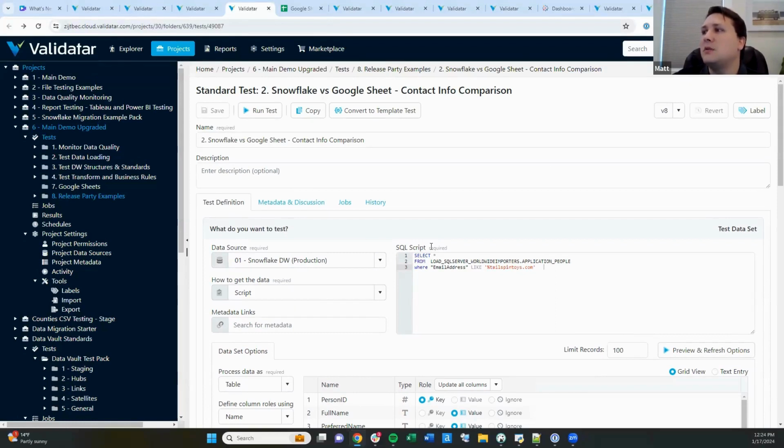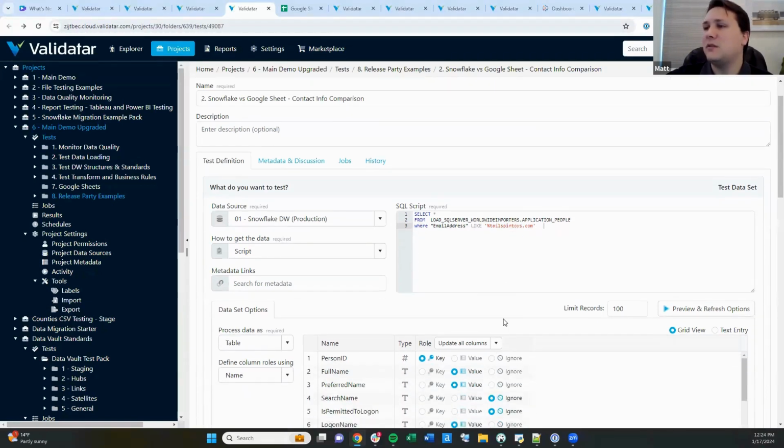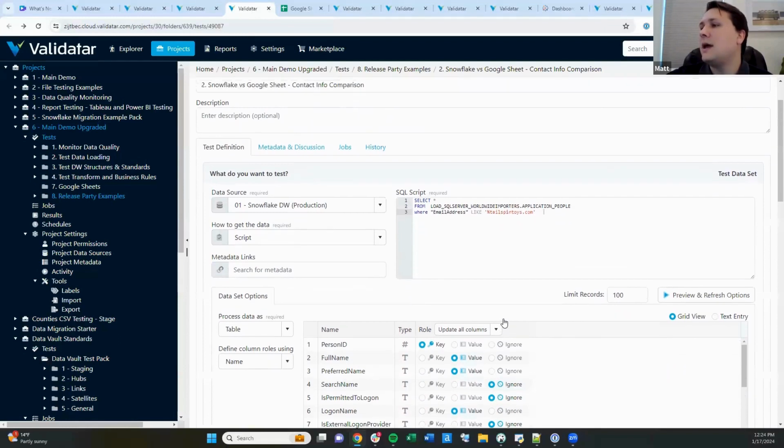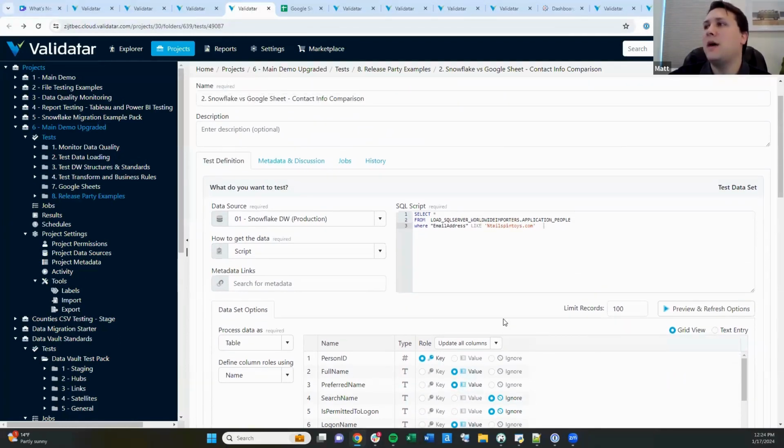The concept for this example is very similar, but the premise is we have a particular customer, Tailspin Toys, and we have information on the people from that customer with email addresses and their full names and so forth. And we've been told by them that some of the email addresses you have for us are wrong. Some of the phone number information is wrong. And they said they worked with one of our customer service reps, and they said, okay, we'll provide a Google